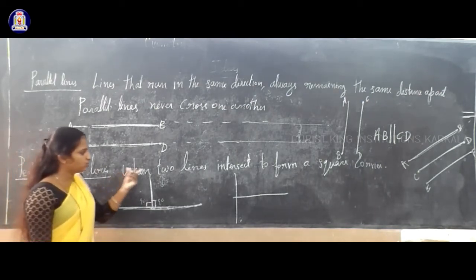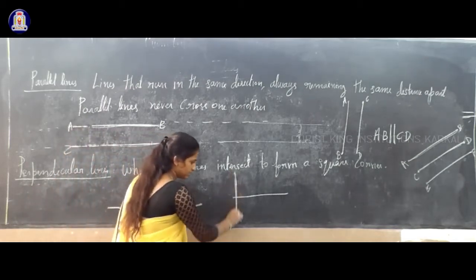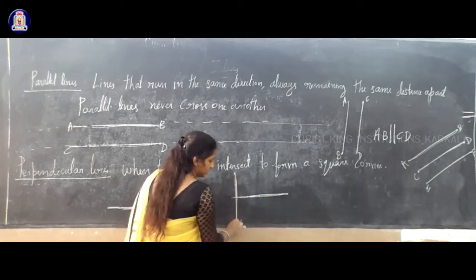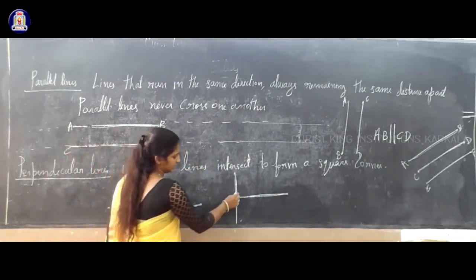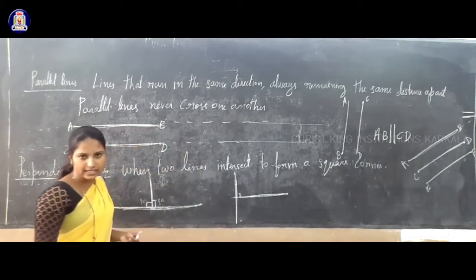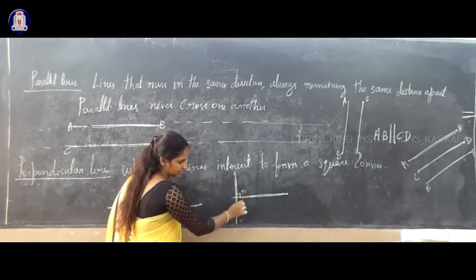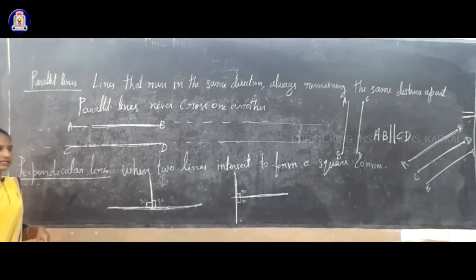Perpendicular lines. When two lines intersect, here this line is intersected by another line, correct? These two lines are intersecting here, but it makes a 90 degree angle. Square means 90 degrees, each angle is 90 degrees. So this is 90 degrees, this is 90 degrees. So if two lines are intersecting and form a square corner,